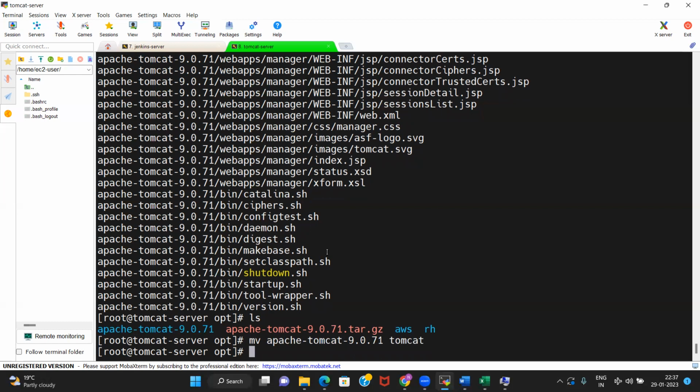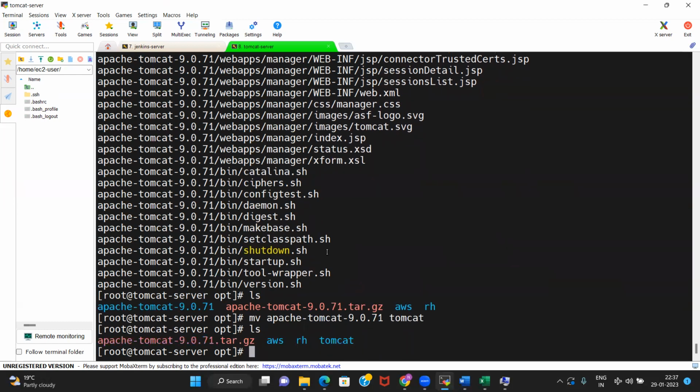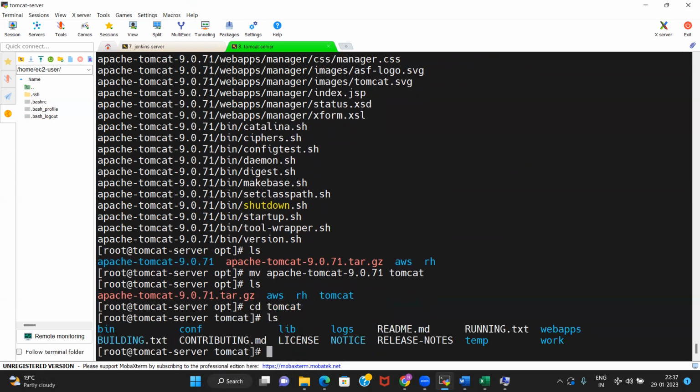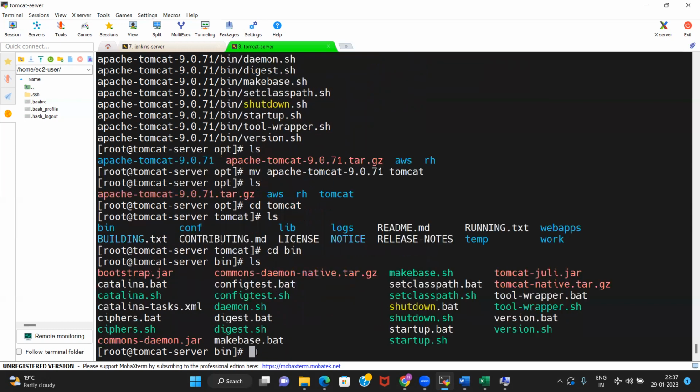Okay, so now if you do ls, you see there is a folder named tomcat here. Okay, now you go within tomcat. There is a folder called bin. Cd bin, go within bin, do ls, and then there are two different things, startup.sh and shutdown.sh.